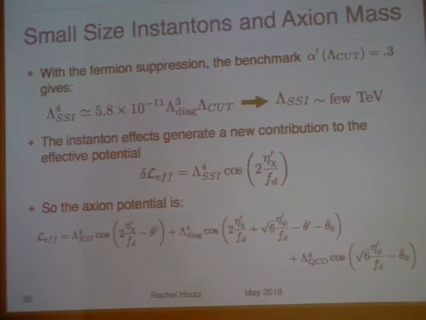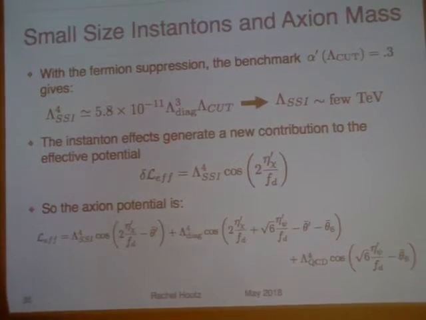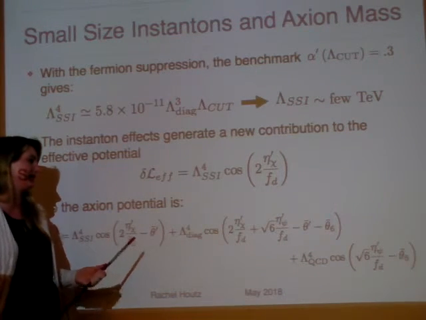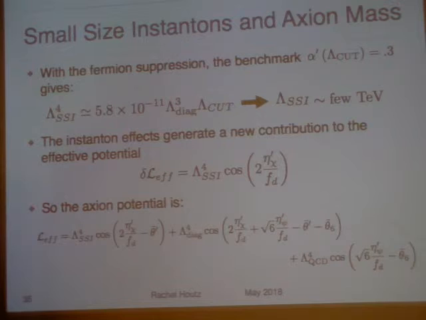I'm not saying it couldn't be there, I'm just saying I don't think it would solve the strong CP problem. But I don't think we're going to resolve this now. Yeah, I just wanted to make that comment. Maybe something to think about. I don't think these 750 GeV papers were saying it's an axion-like particle. I think they were saying that it's solving the strong CP problem. But we can talk about it after. It is something to think about.